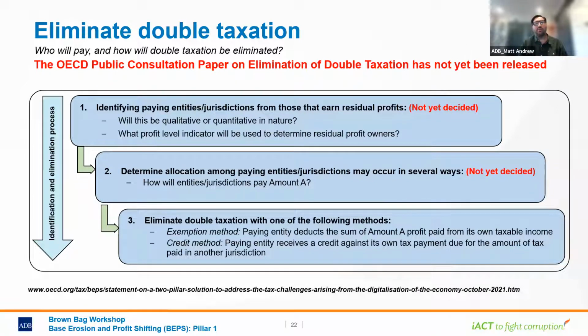Will this be based on a quantitative basis, i.e. the most profitable entity should pay? Or will it be more qualitative, which is, for example, will it be based on transfer pricing concepts such as ownership of intangible property, or entities which are connected to markets? And we don't yet know what the criteria will be for being a surrendering or paying entity or jurisdiction,